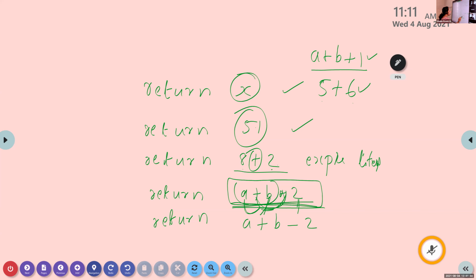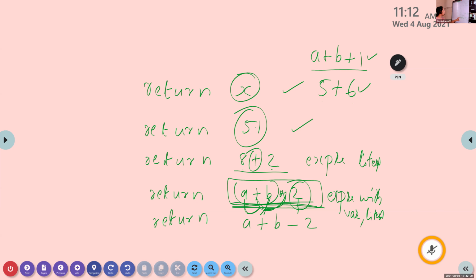Here I am using an integer literal because the value is 2. If I am using a whole number, that literal is called an integer literal. So this return statement uses an expression with variables and literals.